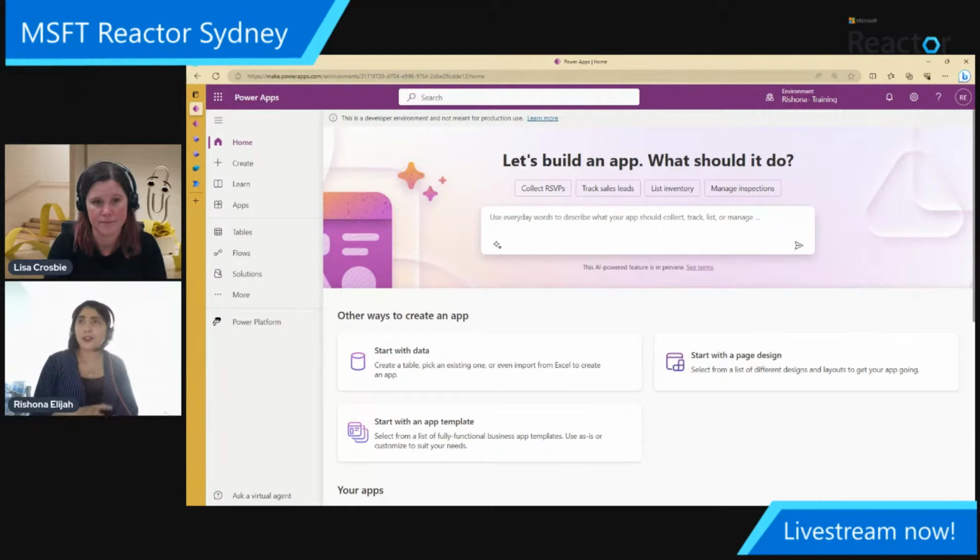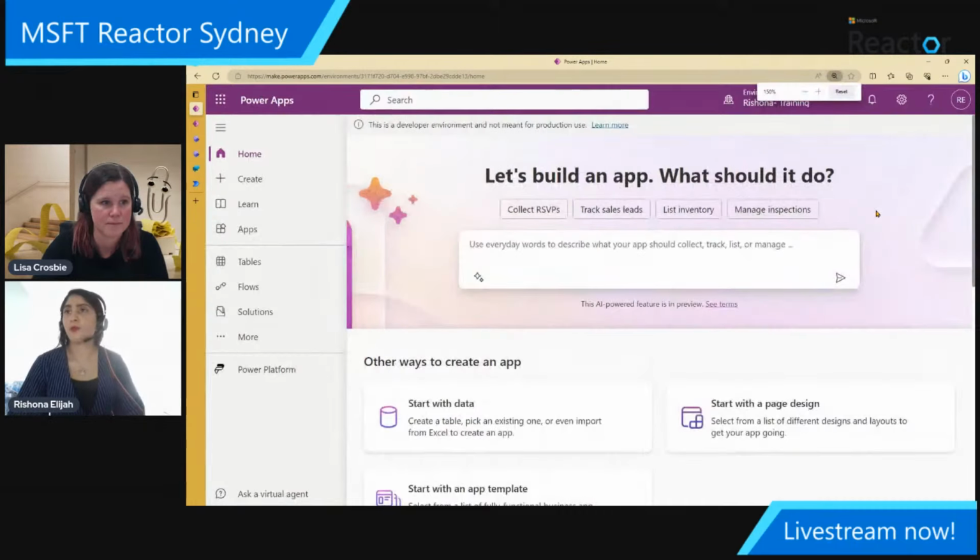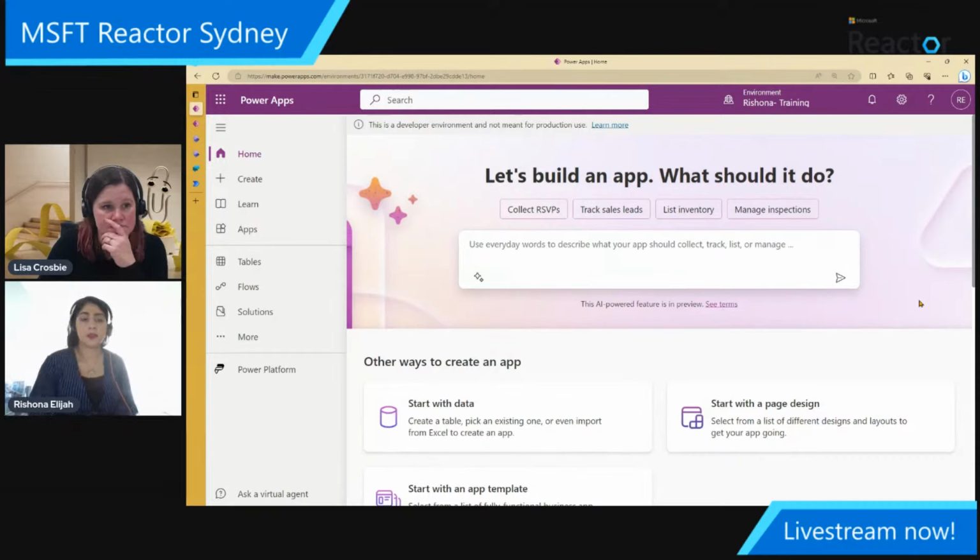So when you are in your United States environment, you'll notice that the home screen will look something like this. I'm at Power Apps here. We've got this box asking us what type of app we want to build. We can just describe what we are after and put it in here. So here I'm saying I want to create an app to track events and giving it a bit more detail around that. I want the events to have a name, type of event, start and end time, list of attendees. You can go a bit further and explain it a bit more if you want and be more specific, but let's say that's good enough for now.